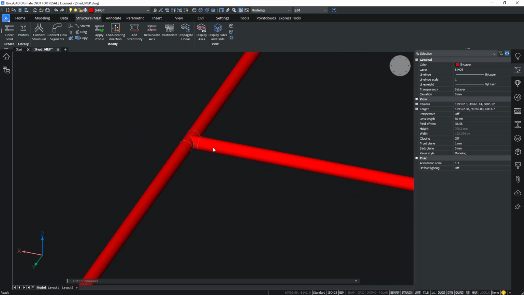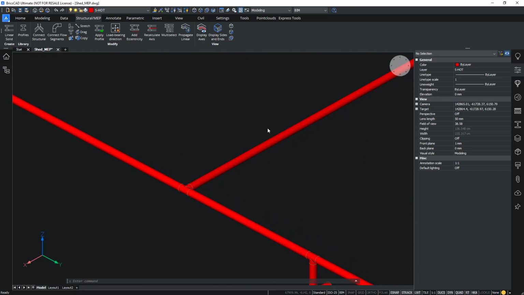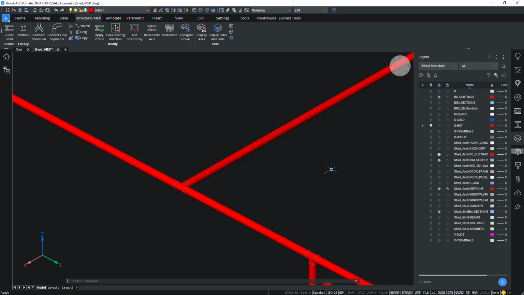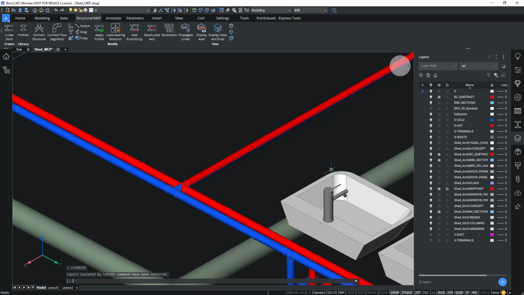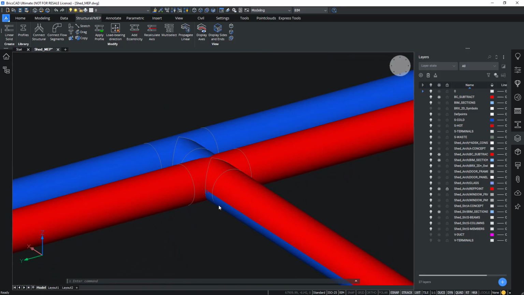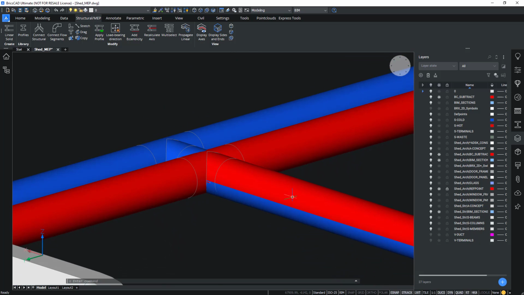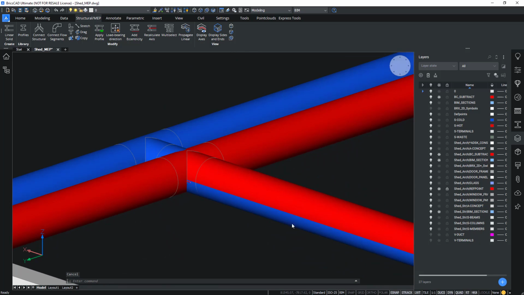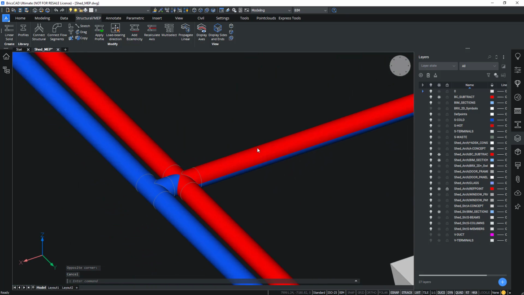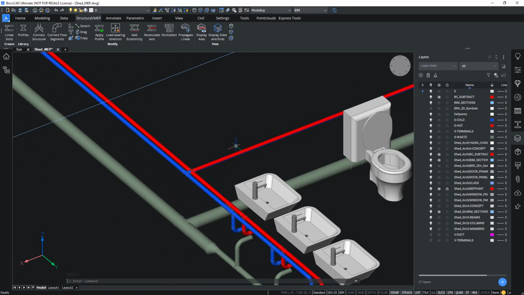All right, let's take a look at this new piping layout that we added in context with the other ones. So let me unisolate the other layers. And I can see actually that my hot and cold water pipes are currently interfering. So they're in the exact same location here. So I will need to move my pipe upwards so they're no longer clashing.